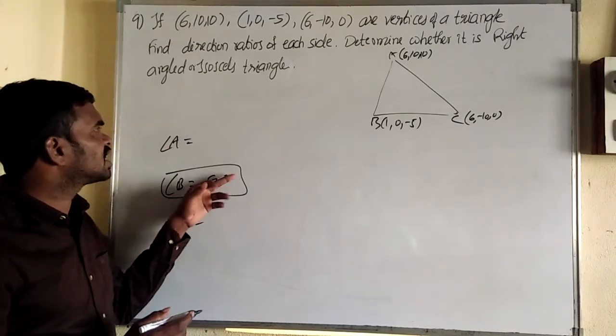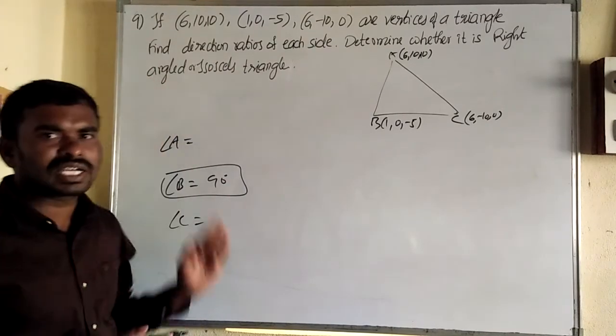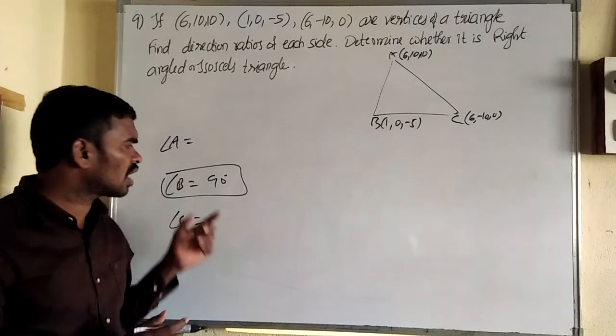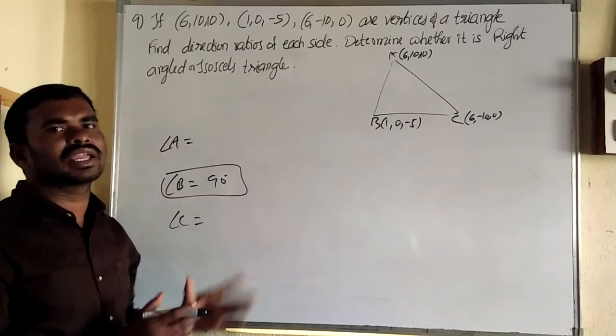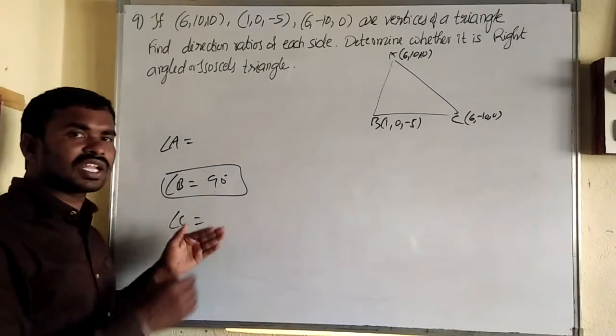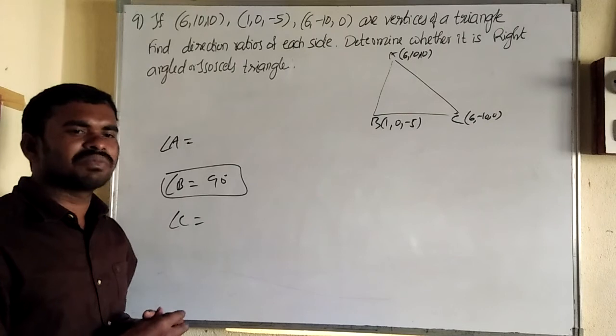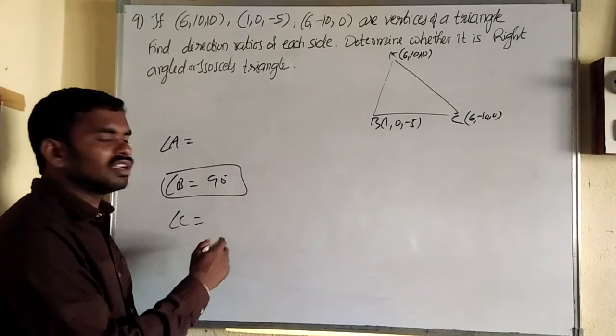So based on these 3 answers, we can write the triangle ABC is a right angle triangle. Okay, we say if one of the angles is 90 degrees, then simply we can say the triangle is a right angle triangle. So write that answer and conclude it. What is the angle A? You just find it, you will get something. Okay, I think root 7 by 10, root 3 by 10 you will get.